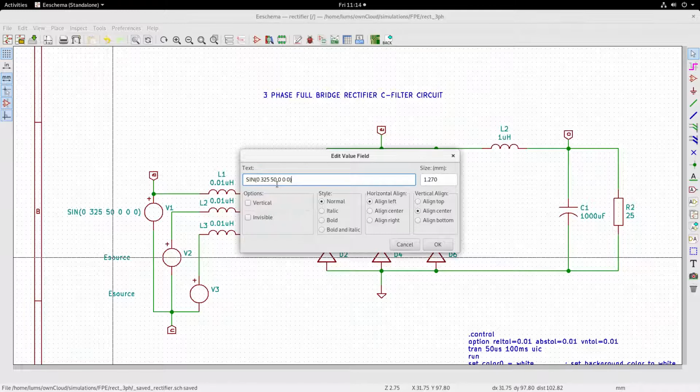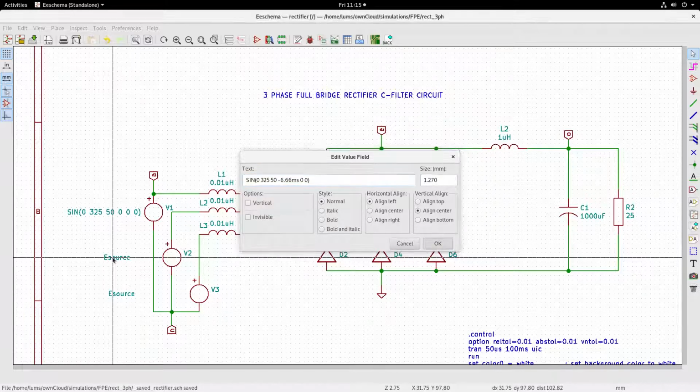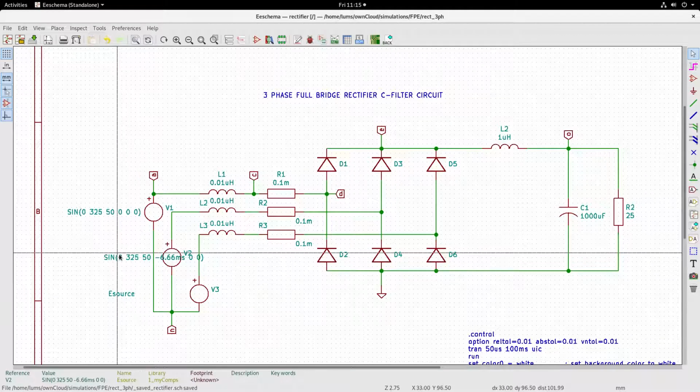But here we need to do one change. Let me give a phase shift minus 120 degrees. So in time corresponds to 6.66 milliseconds, because these are time values. So 50 Hertz minus 120 degrees phase shifted. In time 20 milliseconds represents 360. So therefore 360 degrees, 120 degrees is minus 6.66 milliseconds. So that we place it there.